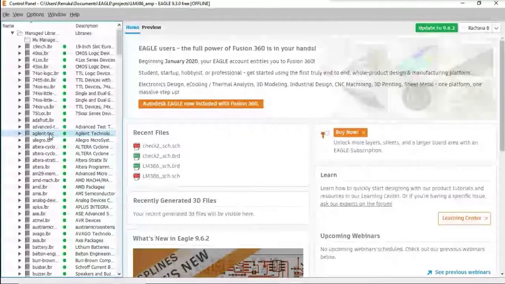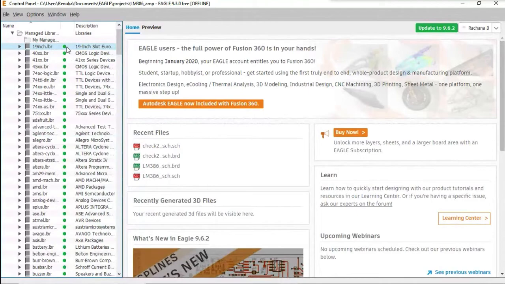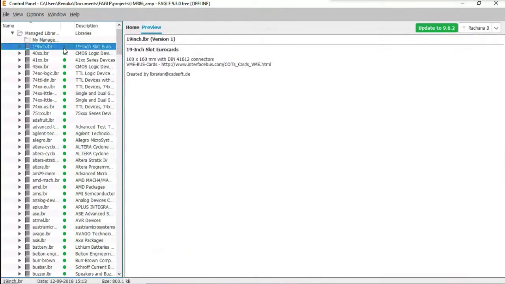You can also see a green dot in front of a library, which indicates that the particular library is active. If you click on it, it changes to a small gray dot, which indicates that it is inactive and you cannot use it in any of your designing. So make sure all your libraries have a green dot, that is, they are active, so that you can use them whenever required.